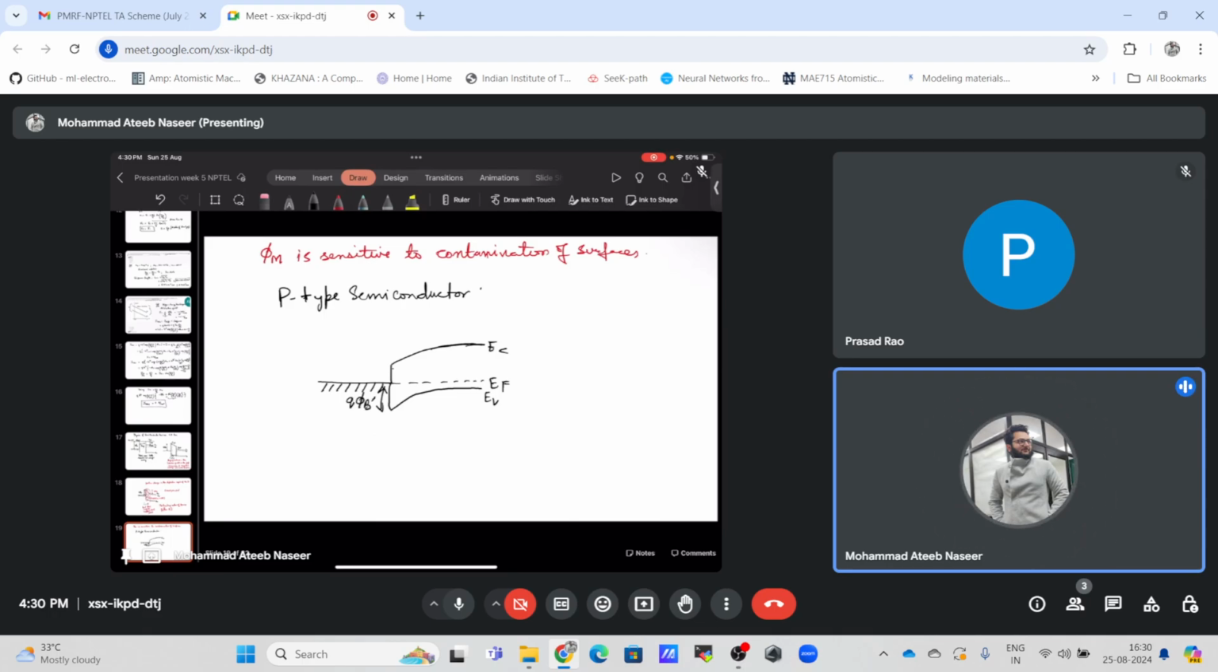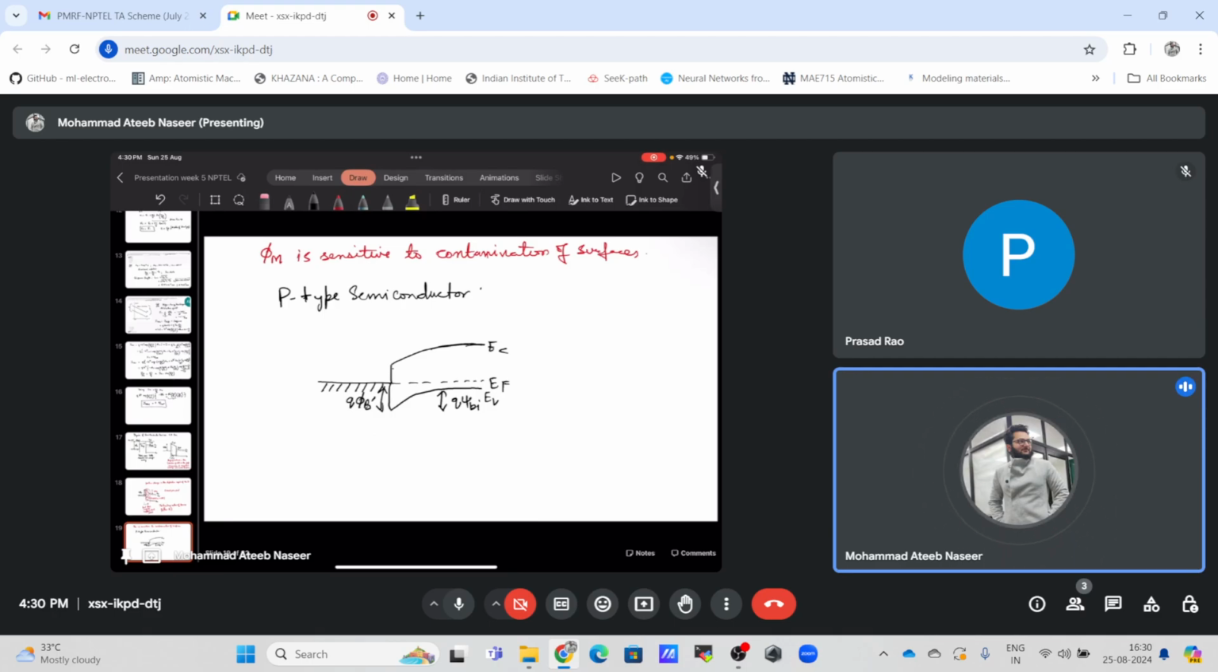Let me write it down to be equal to Q phi B dash, and this will be my built-in potential. This will be the Schottky contact in case of the p-type. What we have seen is that the Schottky contact largely depends on the interface states. It can be largely influenced by the interface states, and we have seen the Schottky barrier for p-type,